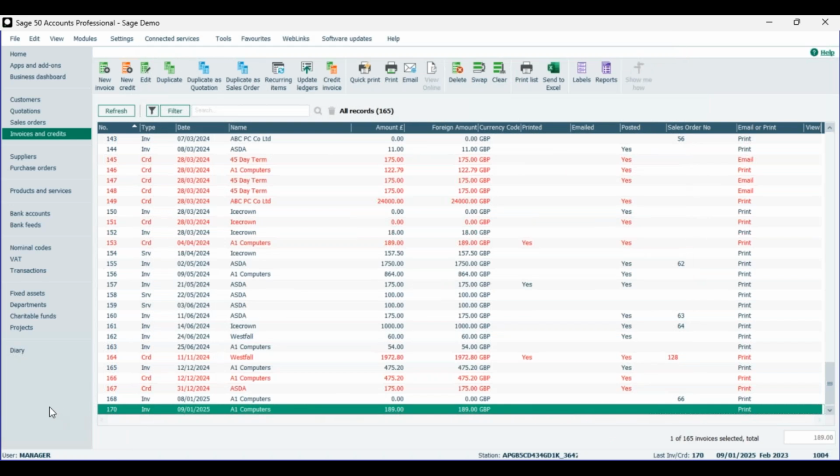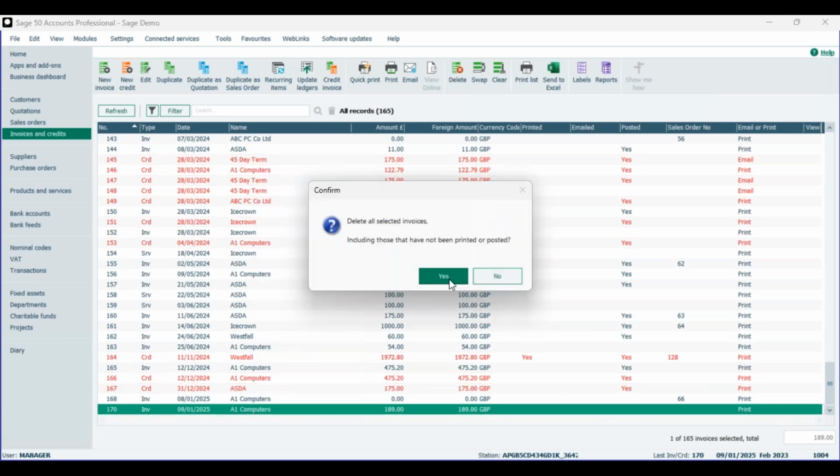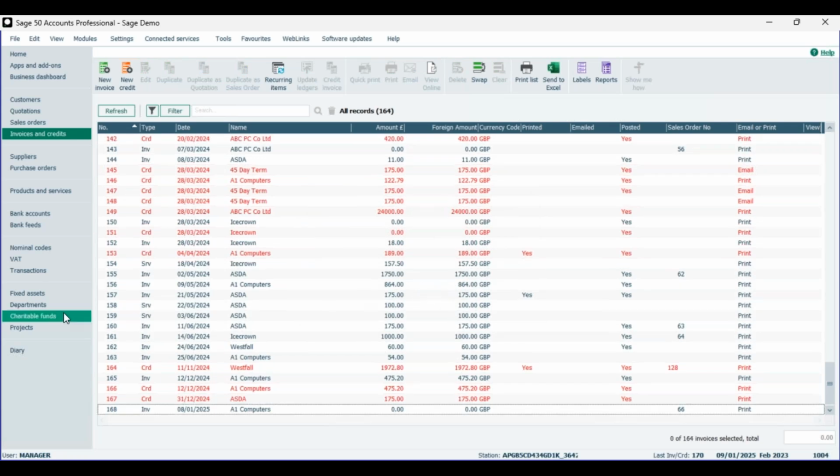So it's just an FYI on that one. So for unposted invoices, just to really recap, nice and easy: right click, delete, done. No harm done, you've just deleted the paper copy. For a posted